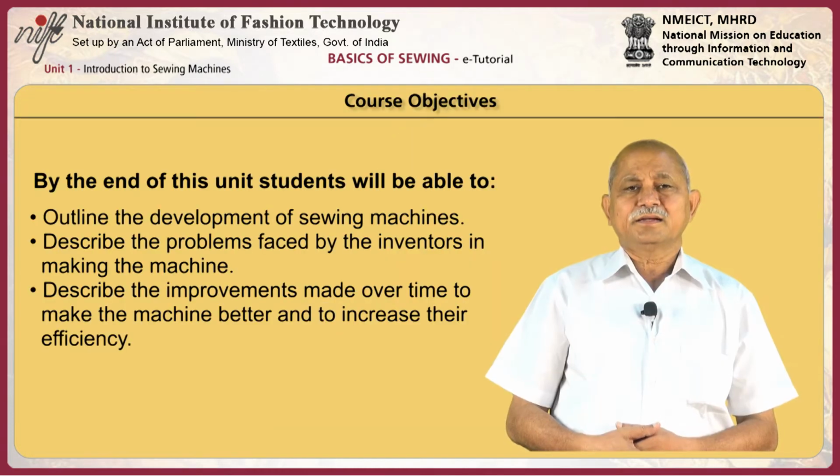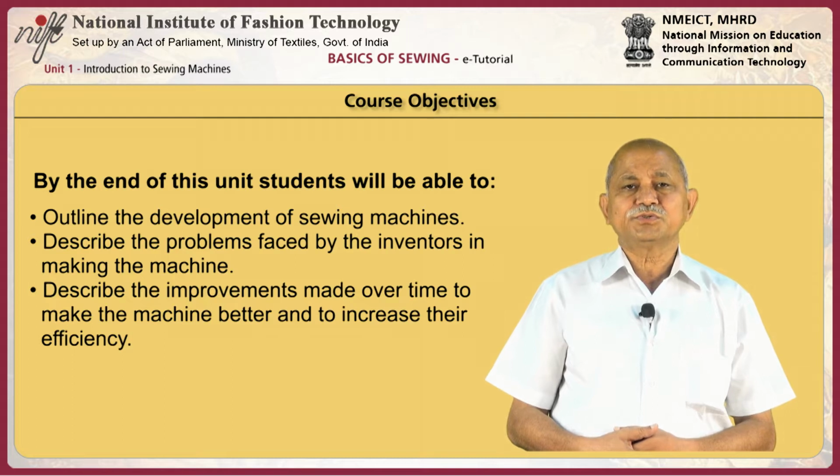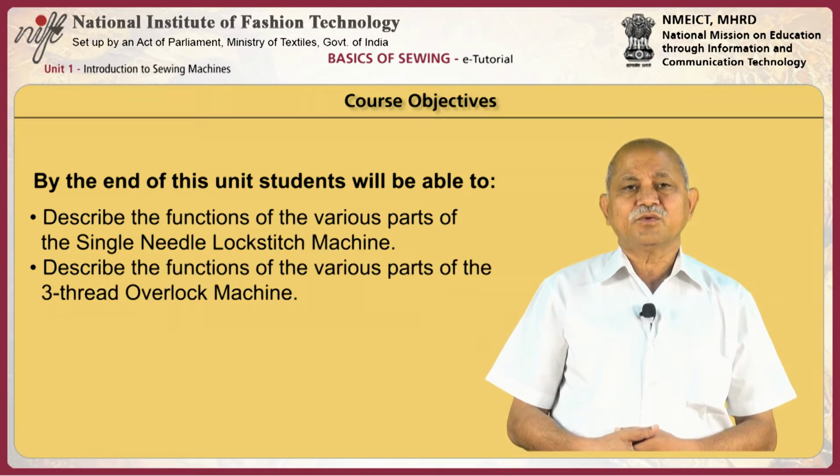learned. By the end of this course, a student will be able to outline the history and development of the sewing machine, describe the single needle and the 3-thread overlock machine, acquire a skill to adjust the speed of the machine using the speed control, acquire a skill to use the speed adjustment and feed dog mechanism over fabric, outline the procedure for the installation of a needle before working and to change the needle part as a part of basic troubleshooting,